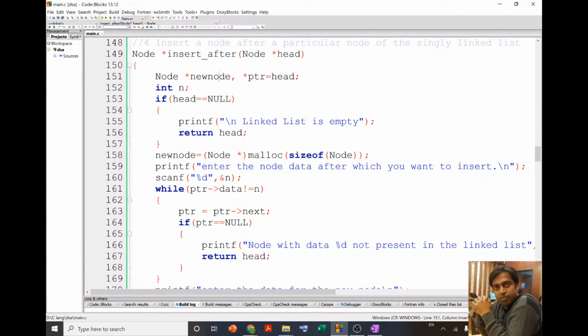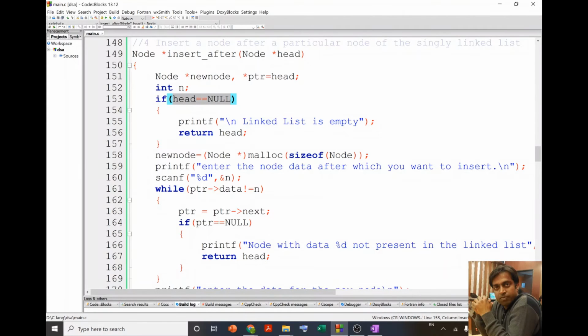I declared a pointer to the structure, new node. I declared PTR and initialized the value of it as head. Then I declare int n, in which I am going to ask the user to enter the data for the new node. Then over here I checked if head is null.